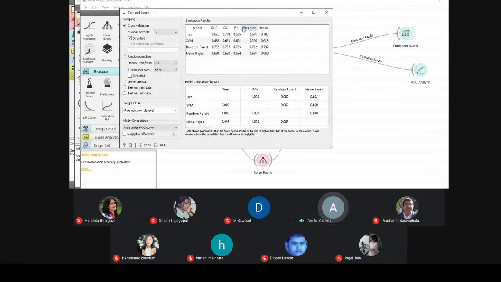Here you can simply see the values. According to this, random forest is giving the precise result, and in accuracy also it is much higher than other algorithms. So this is a simple way you can see what kind of result is generated by each model.